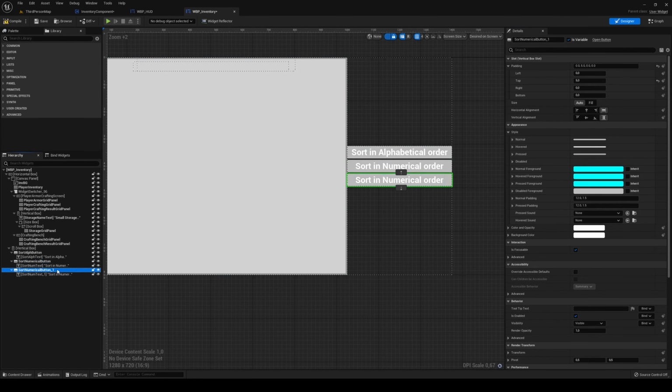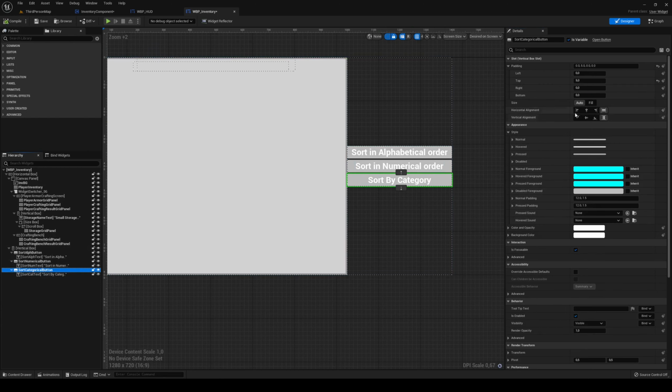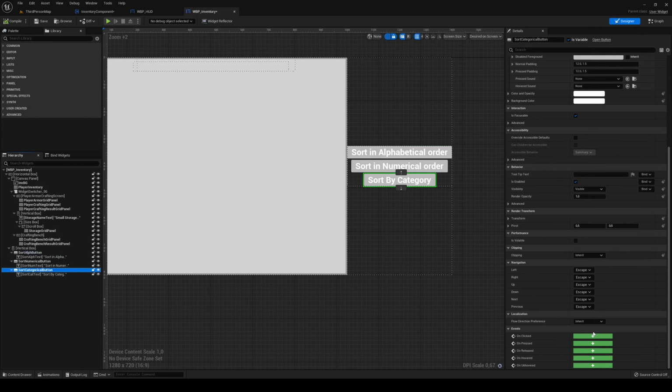I'm going to duplicate that. This is going to be my sort categorical button. Sort cat text, sort by category. Should be sort by alphabetical, sort by, yeah, probably should. Doesn't matter to me though. Center that to get rid of the lines. Center. When I click my sort categorical,